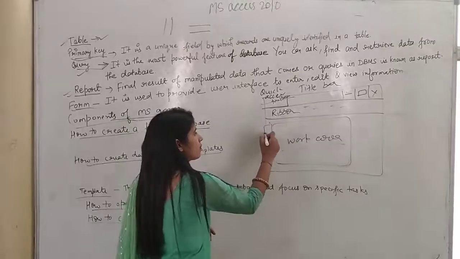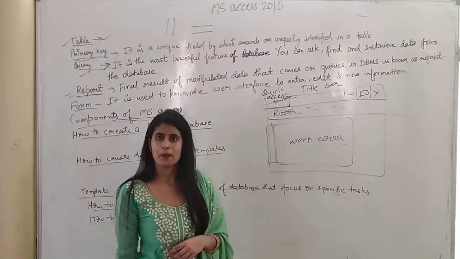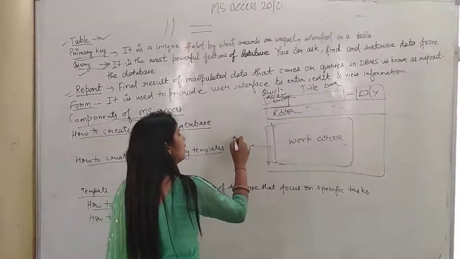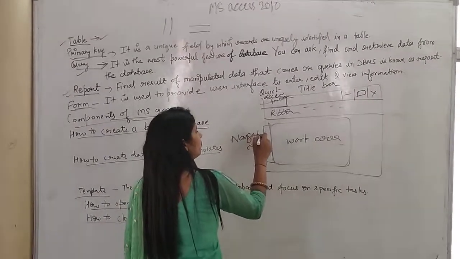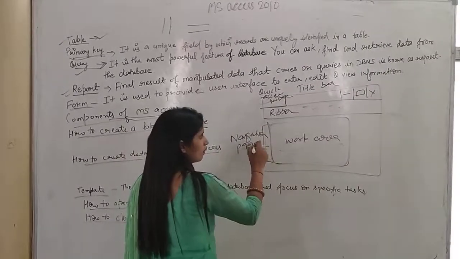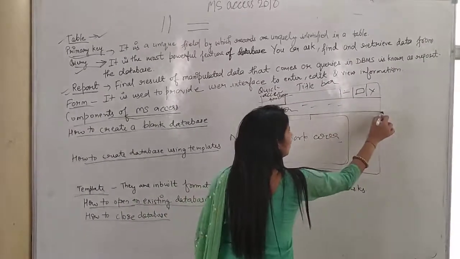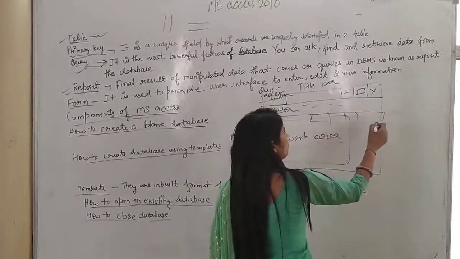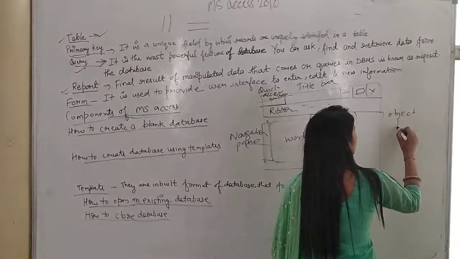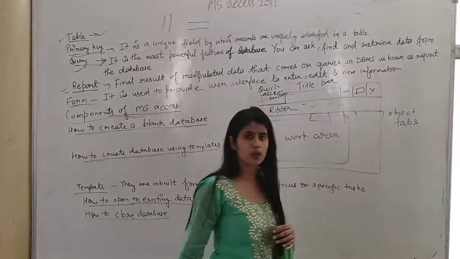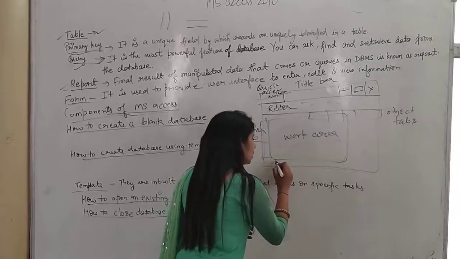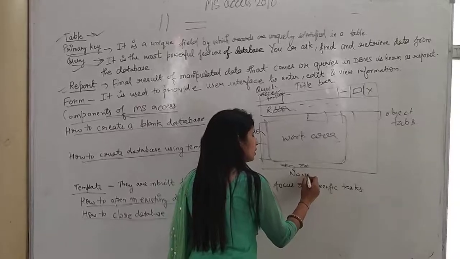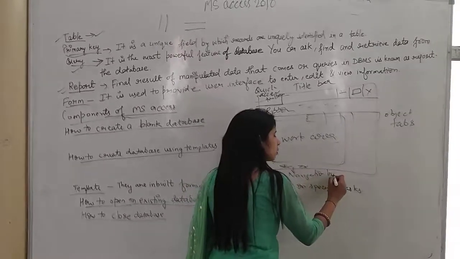Okay. Left side of it you find the pane. Pane means a window. Okay. So this window is known as the navigation pane. Okay. Before or between these two you will find a few tabs and they are known as object tabs. Okay. Now downside you will find this kind of buttons and these buttons are known as navigation buttons.